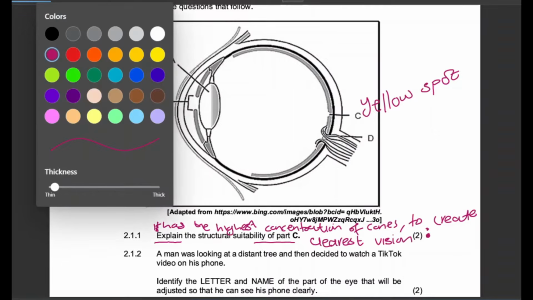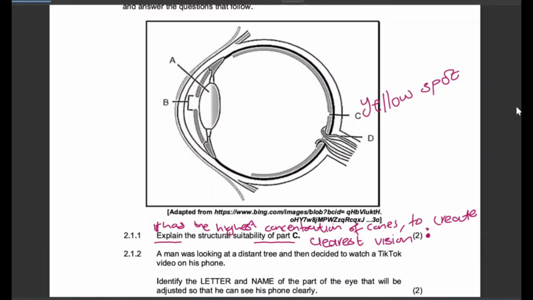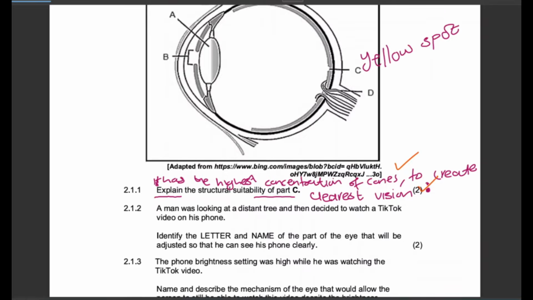How will this be marked? Remember, cause and effect, 2 marks here. So 1 mark for highest concentration of cones, we know that, and 1 mark for they are there to create the clearest vision. Okay, then we move to the next question,